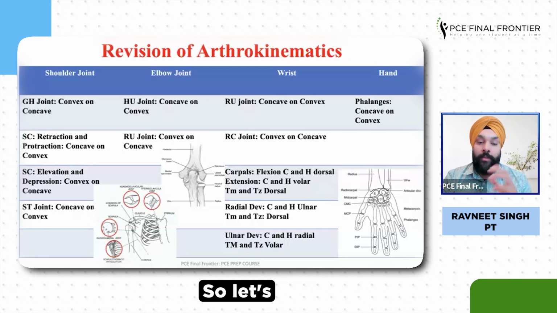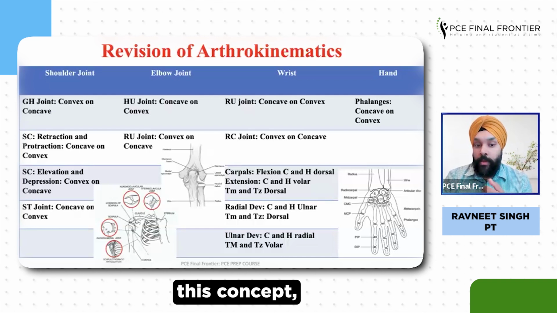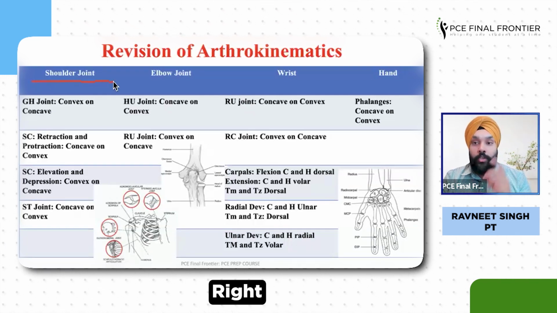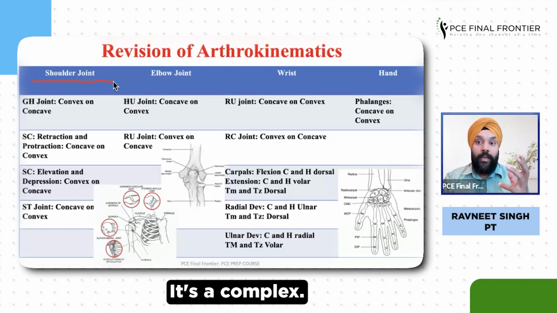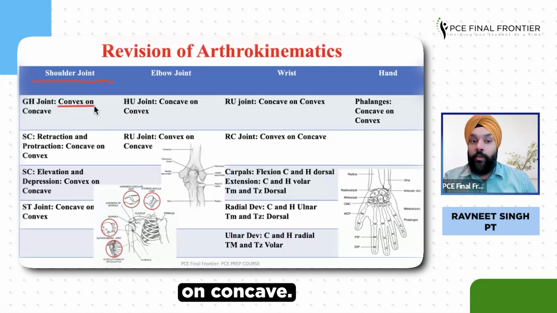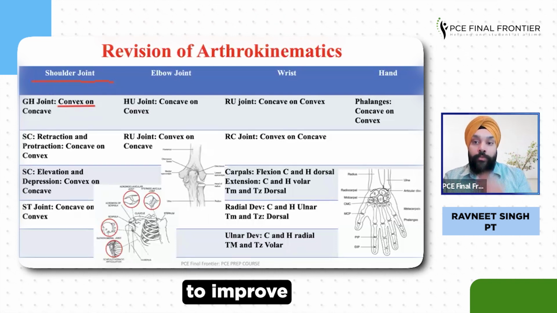Okay, perfect. So let's just revise instead of studying from scratch this concept. Let's look at the shoulder joint first. Right? Shoulder joint consists of multiple joints. It's a complex. The main joint is glenohumeral, right? Which is your convex on concave. So very quickly tell me in the chat, if I'm trying to improve